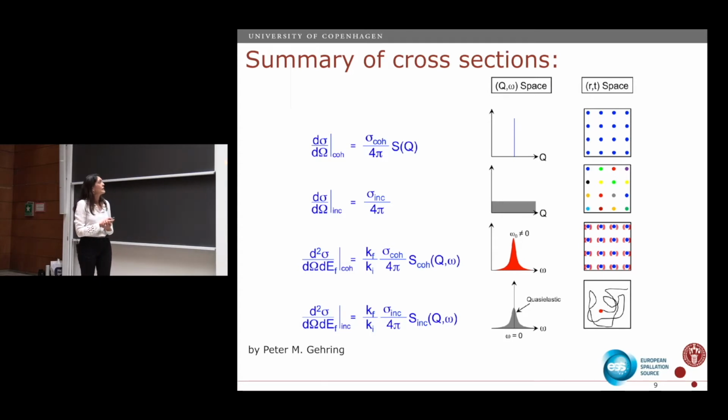Now, if I have some kind of system where I don't have this periodicity, I don't have this arrangement, it can be a liquid or a polymer or a structure that is disordered, I lose this coherence. So what I measure then is something that can either be a background or a continuum. And because of that, we call that incoherent. But these are static measurements.